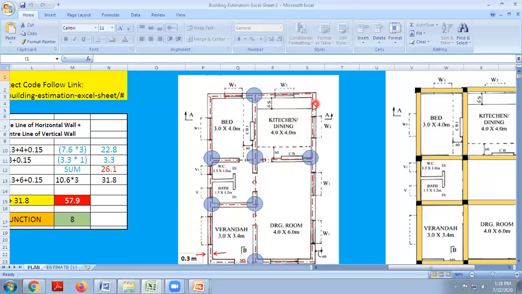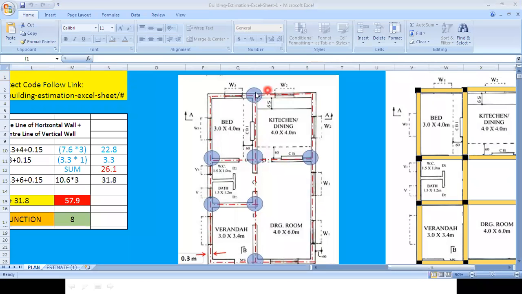Whatever the width of the wall, suppose it is 230 mm or 300 mm, exactly from the center you have to mark a line.